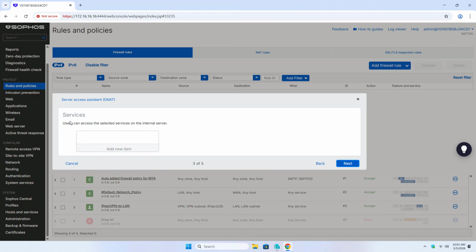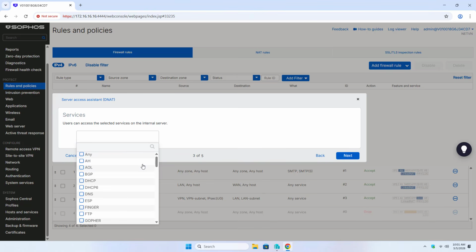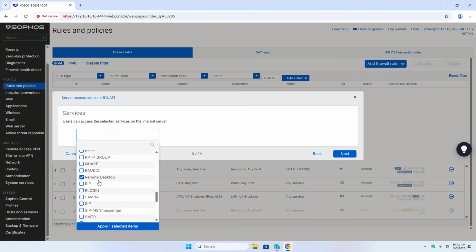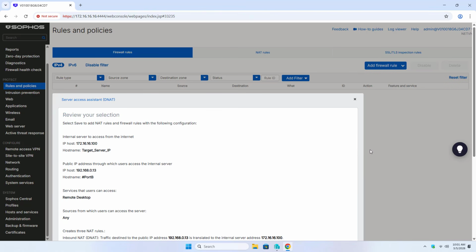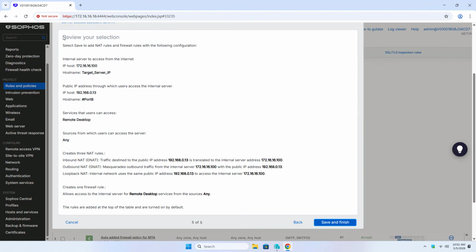Next, services. Select the service named in the previous step. Remote desktop. Apply. Next. Any. Next. Review. The above are the steps for port forwarding on the